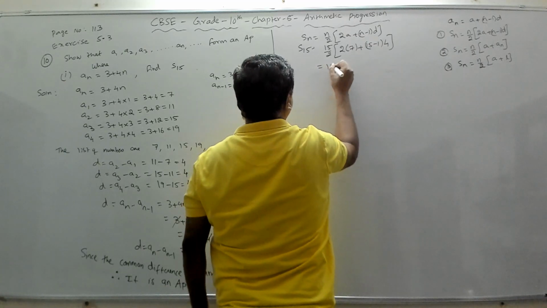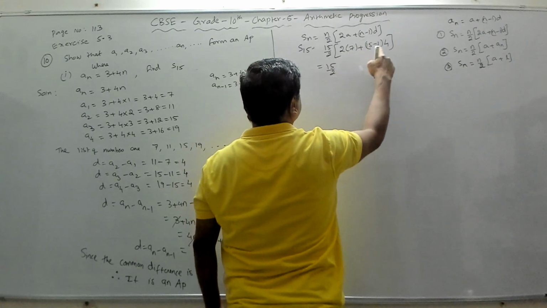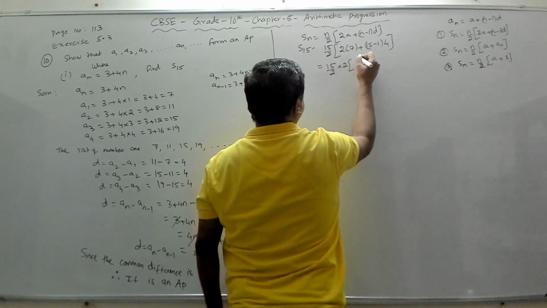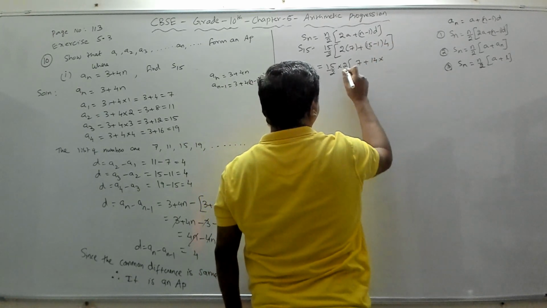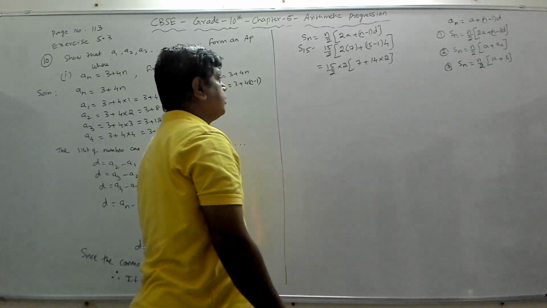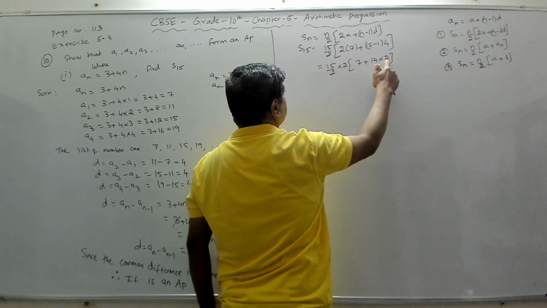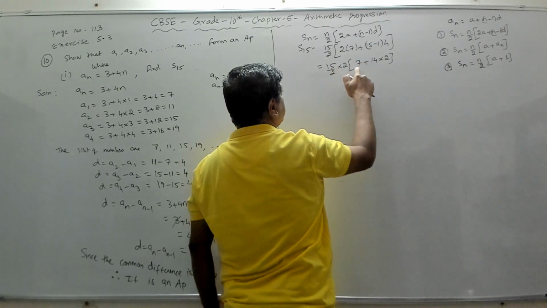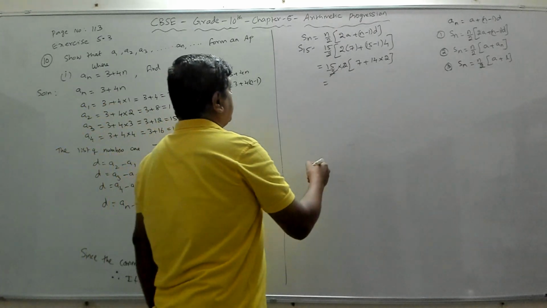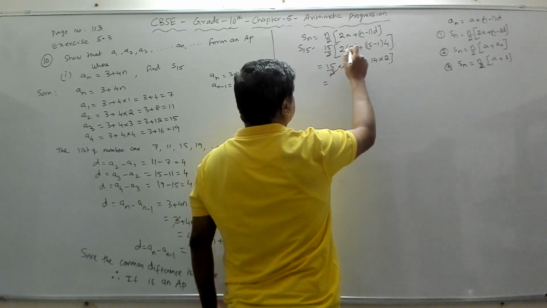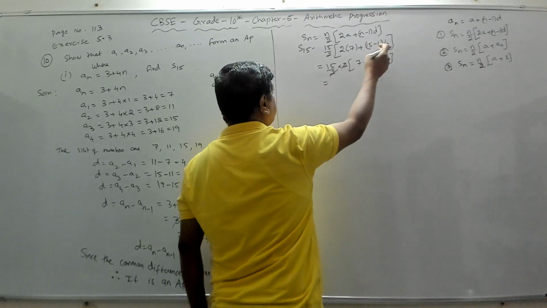So if you simplify this, 15 by 2 into, I can take 2 common out of these two. This also has 2, this also has 2. So if you take 2 common, I'll get 7 plus 15 minus 1 is 14 into, from this 4 I have taken 2 out, so it will become 2. Right? Fine. So if I take 2 out, then this 4 will become 2 and this 2 has come out, so it will become only 7. So 2 gets cancelled. That's the reason for taking 2 common. Right? Or you can normally multiply 2 times 4, 2 times 7 is 14, then 15, then this becomes 14 plus 4. You can do that way also, 56 and all that.